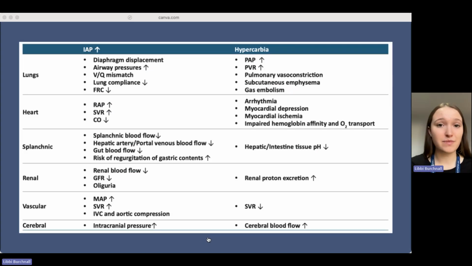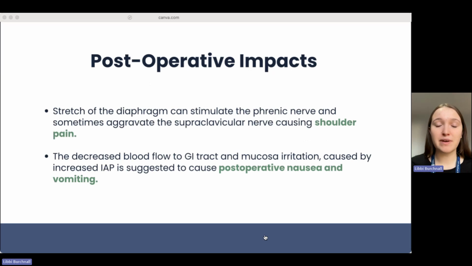So this is a bit of a summary that you can read in your own time. As I said, there's lots going on here, so this is really just a little bit of an overview to give you an idea. But there are many, many risks associated with creating a pneumoperitoneum, and so you can read through this in your own time. A few special mentions now to some